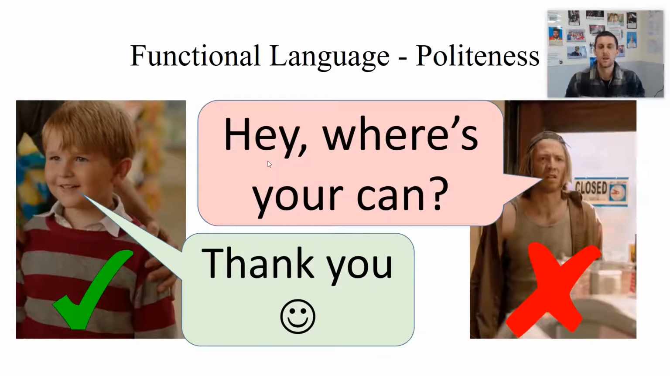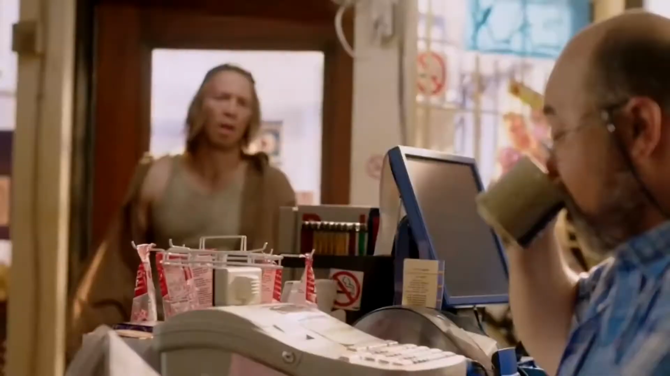Some ideas of what you can do post listening is you can use functional language. You can talk about things that are outside the scope of mere grammar or vocabulary. Things like politeness. So, for example,